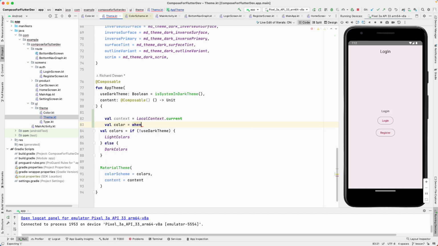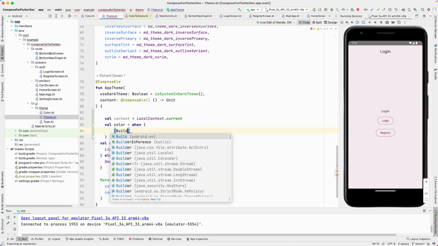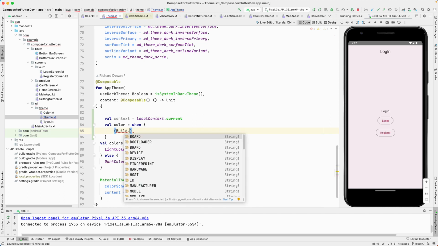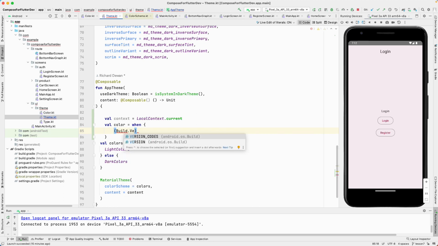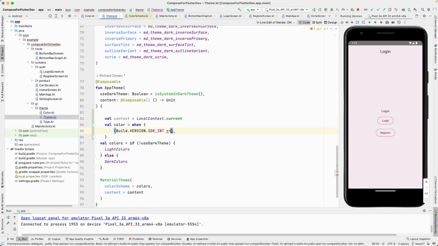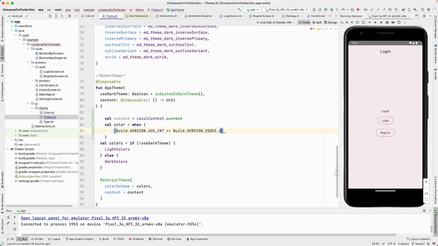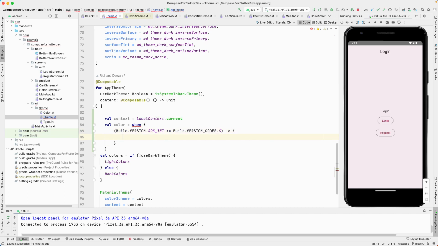And once we have that, we can use a val colorScheme, for which we have to use the when or the switch condition, instead of the if on darkTheme. So we will check for Build.VERSION.SDK_INT greater than or equal to Build.VERSION_CODES.S. If it is greater than or equal to S, which is Android 12 and above, then what we want to do is go and say that if